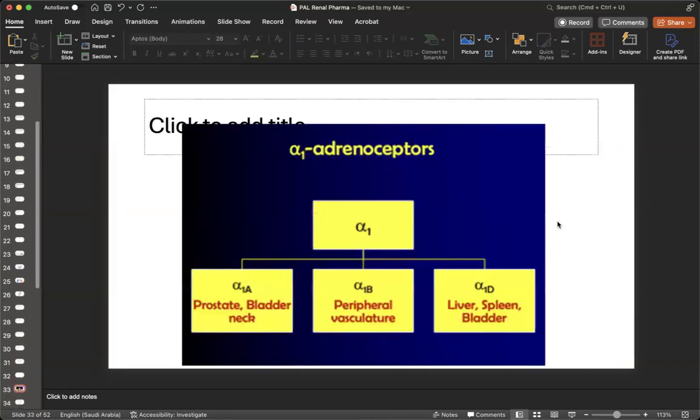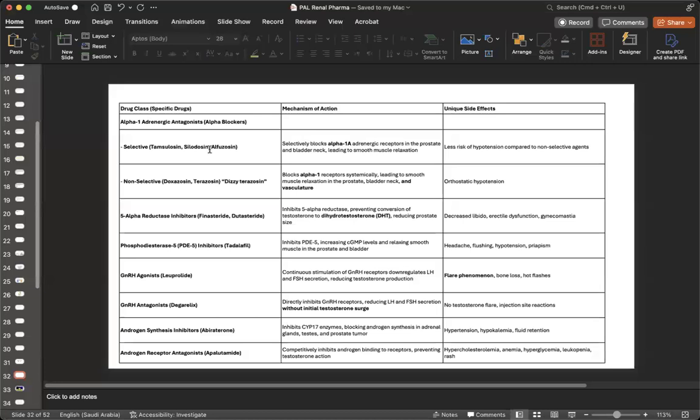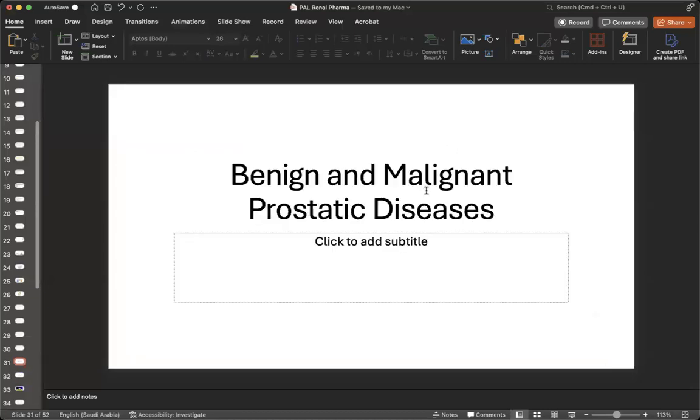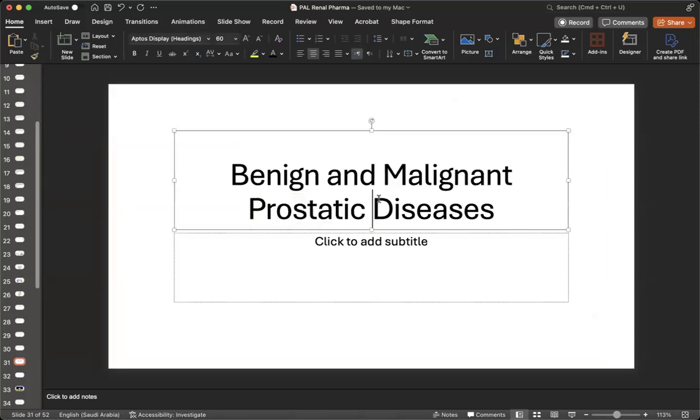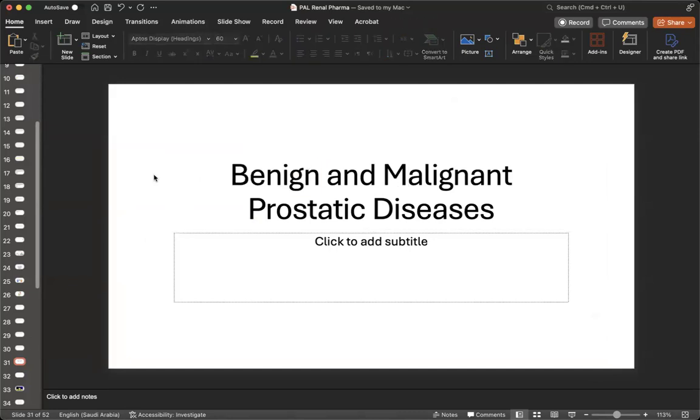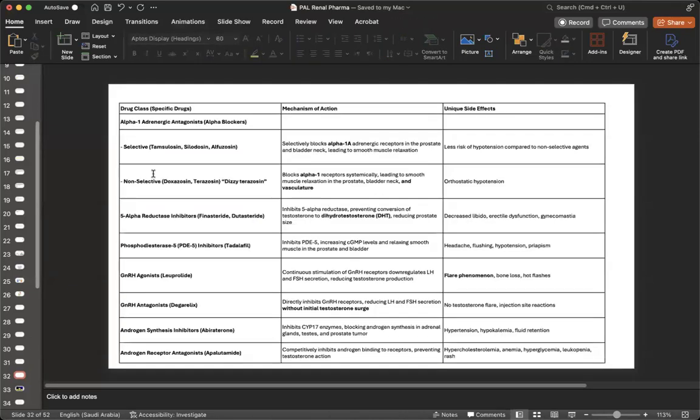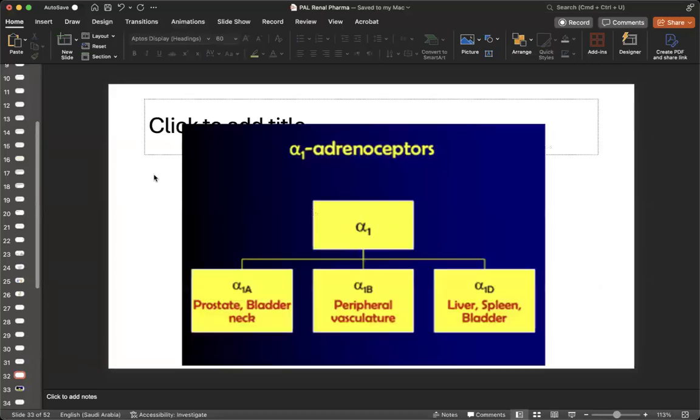So, okay, the main thing here is that you have benign and malignant prostatic diseases. Now, which disease is benign? You're talking about benign prostatic hypertrophy, BPH. Malignant is literally prostate cancer. So we're going to be talking about medications for BPH and prostate cancer, okay? So the main idea you want to remember for BPH,